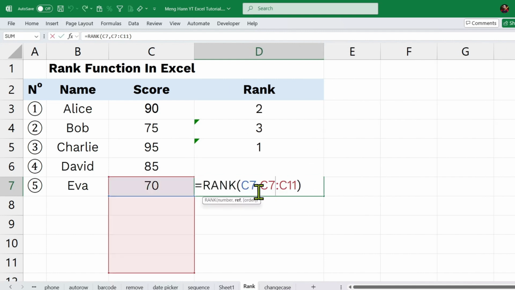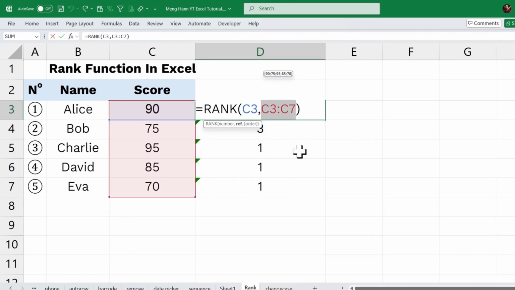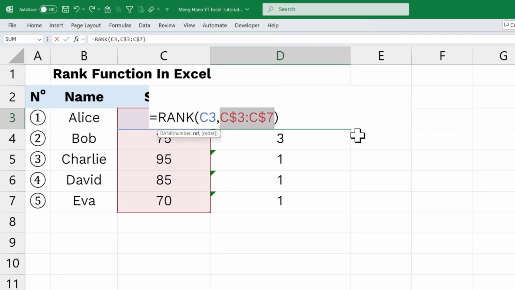Here, 70 is number 1, because it takes its value and compares from here to here. So it needs to compare all the time from here. So let's fix the formula. In order to do that, we need to lock this one. Just press F4 on a desktop keyboard, or if you are using a laptop, you may press the Fn key and then press F4 on the keyboard like this. Or you just type the dollar sign in front of the number